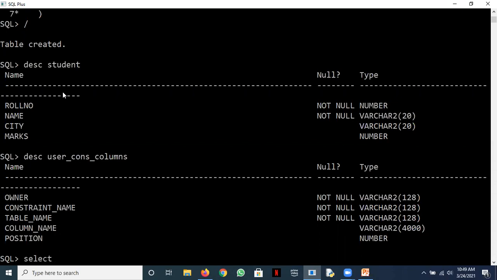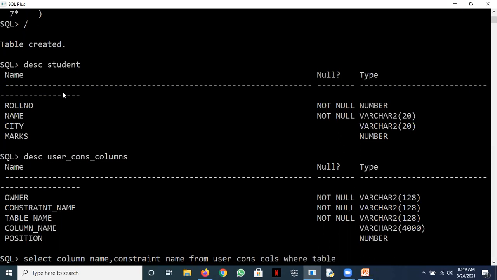Say select. If I just want to see whatever constraints I put on student table, listen very carefully. Whatever constraints I put on student table, I want to see their names. Okay. So what I should do here is say column_name, comma, constraint_name from user_cons_columns.